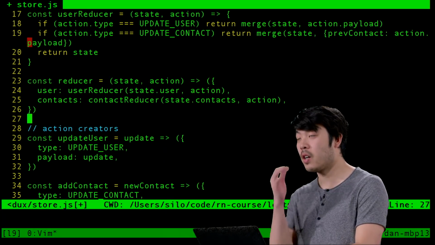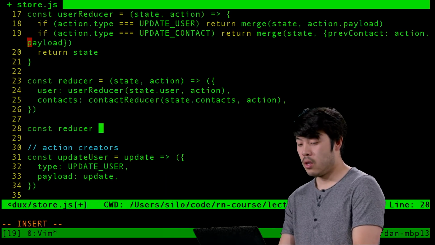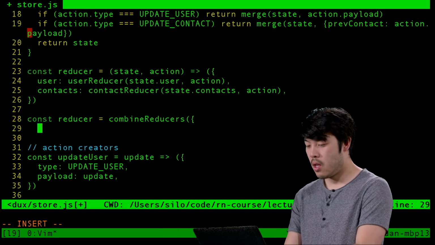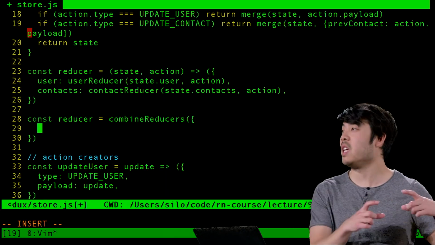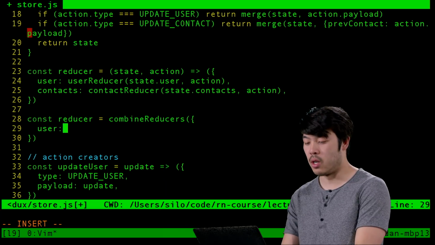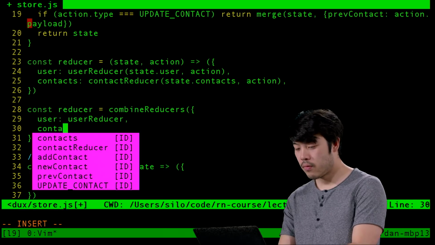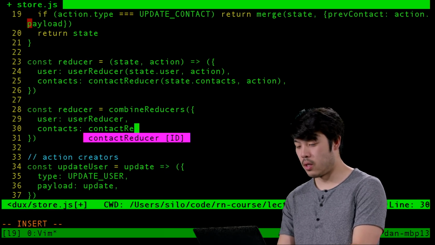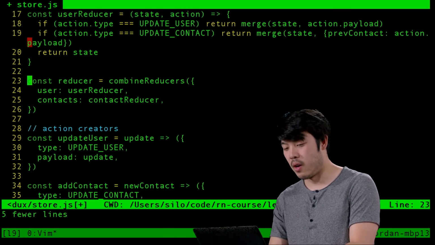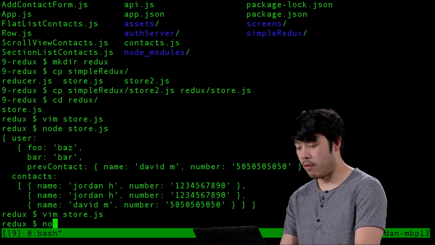Rather than us writing a function that combines the reducers, we can actually invoke this thing called combine reducers from Redux. That just takes an object that maps the key in the actual store with the reducer that controls that key. And so we could do user gets user reducer and contacts gets contact reducer. And now we've basically taken a little bit more complexity out of our application and maintained the same functionality. So again, if we test this,